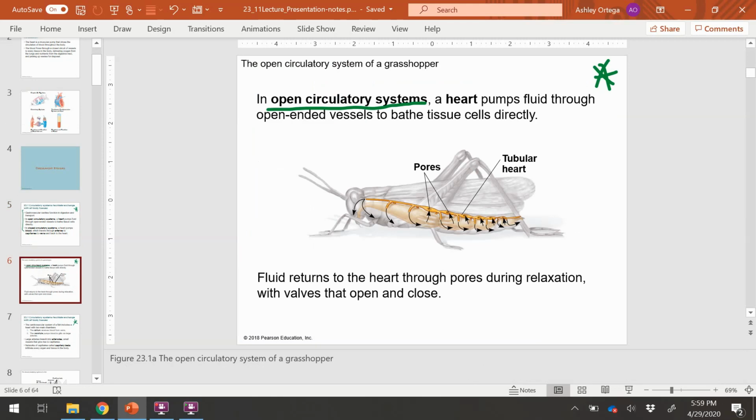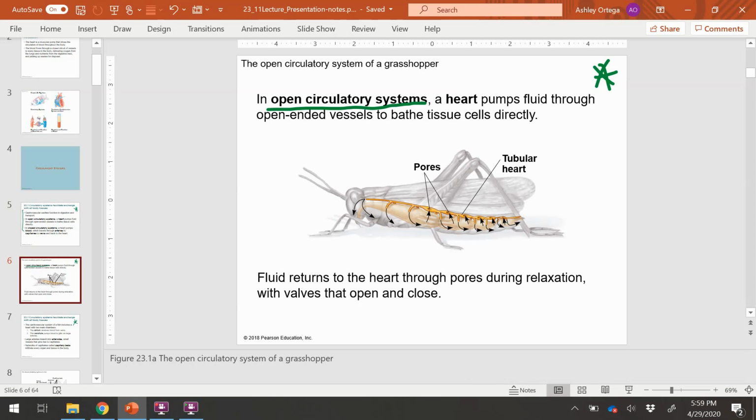And so looking first at the open circulatory system, an example here is a grasshopper, which you can see has a tubular heart and pores all along, and tubular hearts along the body from head to tail region. The heart's going to pump fluid through the open-ended vessel. That vessel is going to lead to a region, a cavity that will be open in nature, with fluid, tissues, cells, and organs that